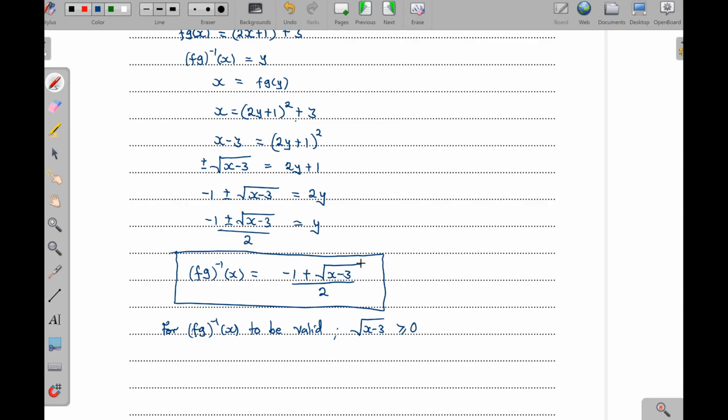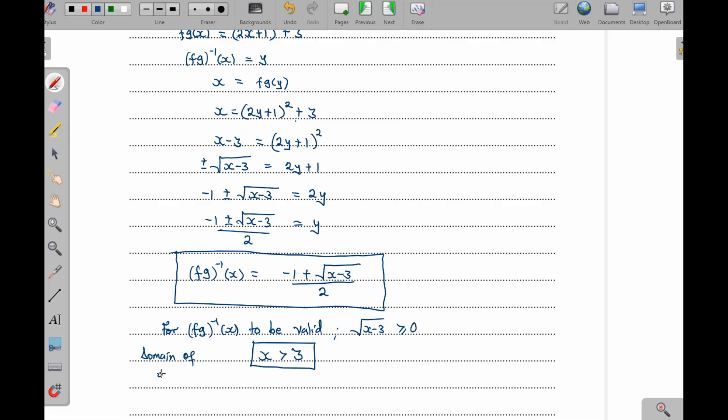To 0, because this one can be a 0, and then you get this value negative a half. So for x, this implies that x has to be greater than what? 3. So this has to be the domain. This is now the domain